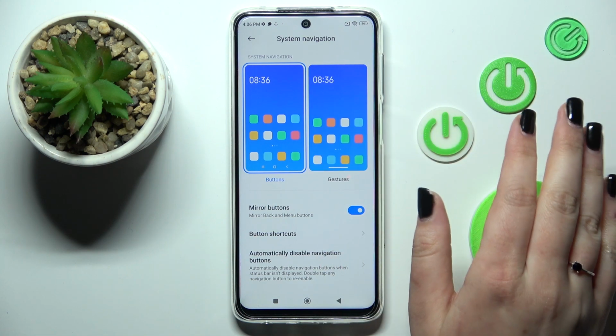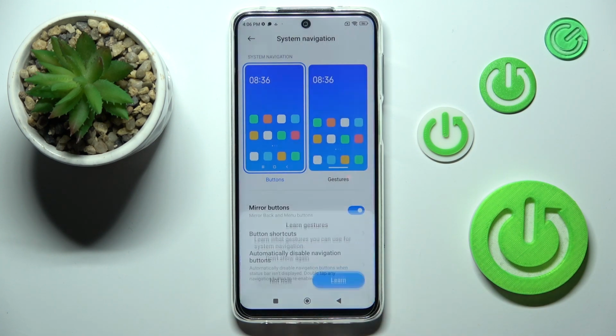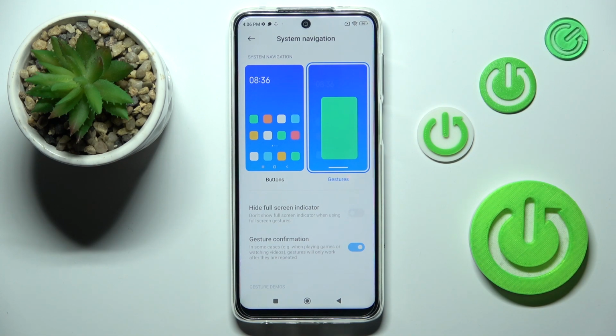So basically, in order to set the gestures, you have to tap on this option, and your device will ask you if you want to go through the tutorial. I don't want to do it because I'll show you actually how to use the gestures. And as you can see, actually immediately the three buttons will simply disappear. Instead, we've got this kind of line which will be responsible for particular